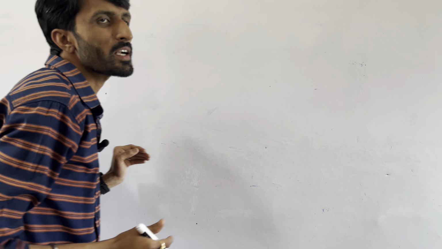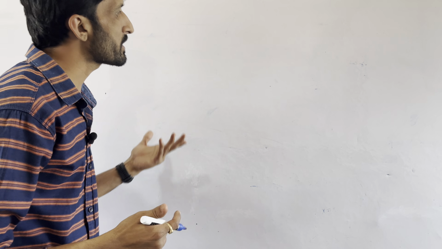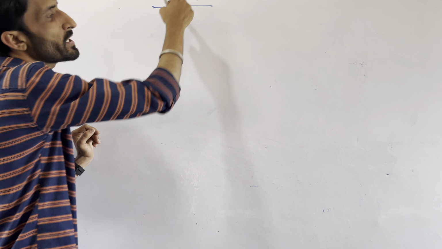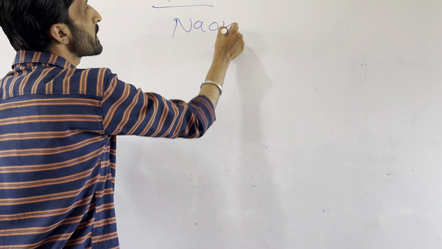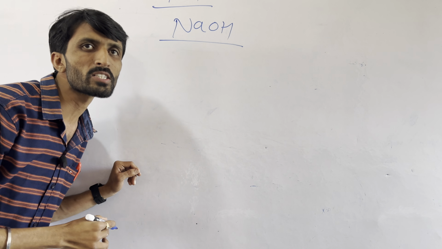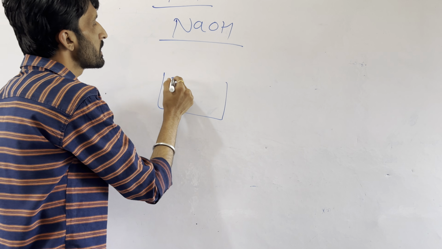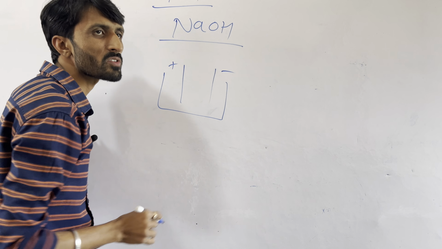Okay. So we are understanding here the chloralkali process. For that, what is our target? To prepare NaOH. So we are doing the preparation of NaOH by the process called chloralkali. For doing that, we have a chamber. In that chamber, two rods are there. The positive one is called anode, the negative one is called cathode.